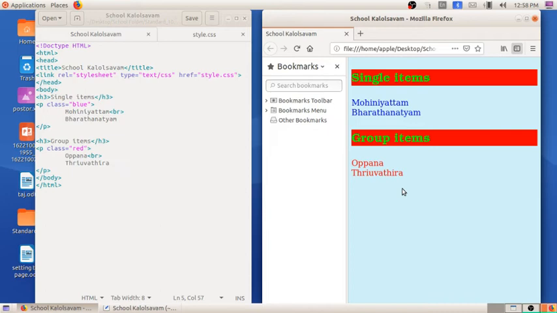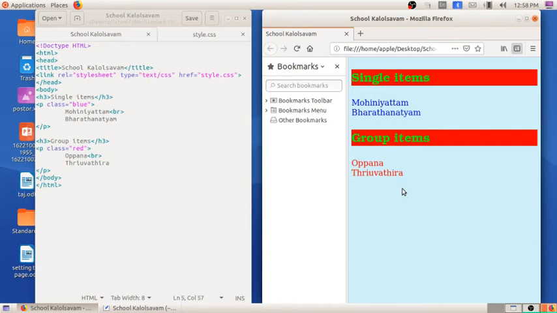For creating more than two, three or four web pages, without copying and pasting, we only have to write the style tag a single time. After that we cut that style tag, paste it in a specific folder as a new file, save it, and link from that file. We are applying the same style to the web pages. So now from the style.css we have applied it to the schoolkalolsavam.html.